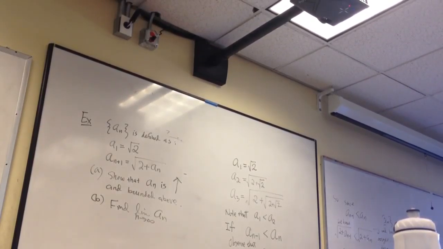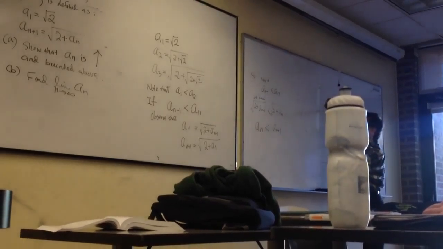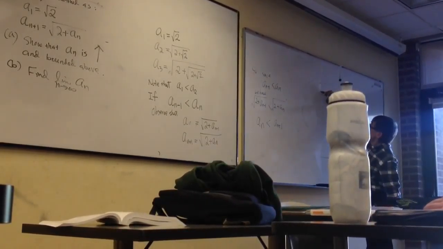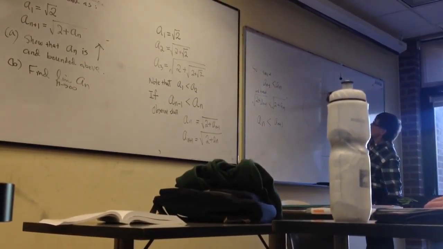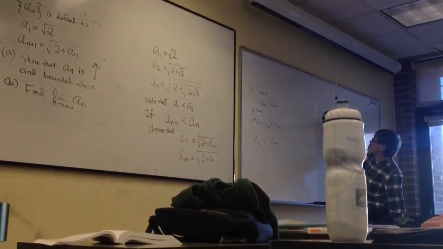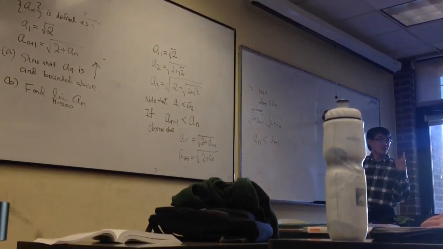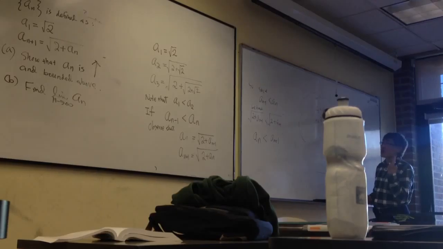Maybe if this is mysterious to you, here is the interpretation or clarification. So what I'm trying to say is that A1 you agree is less than A2, correct? Then I ask, is A2 less than A3? That's the next order of business. And so I say yes. Why? Because